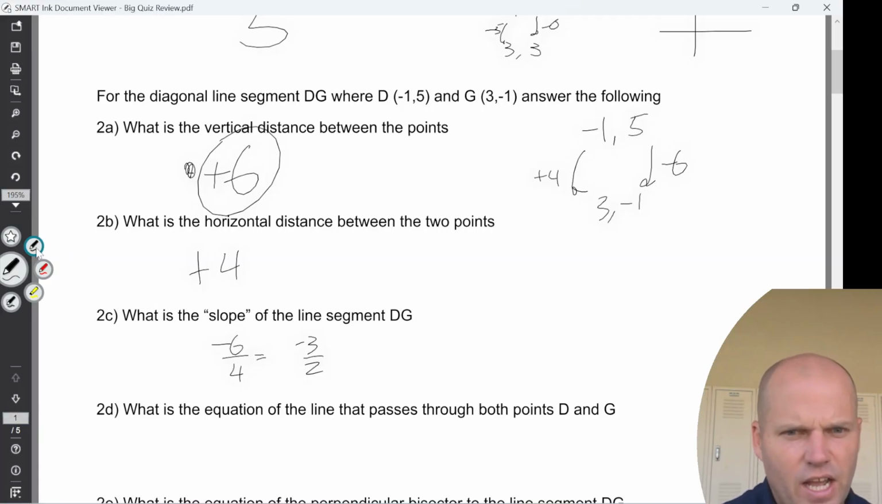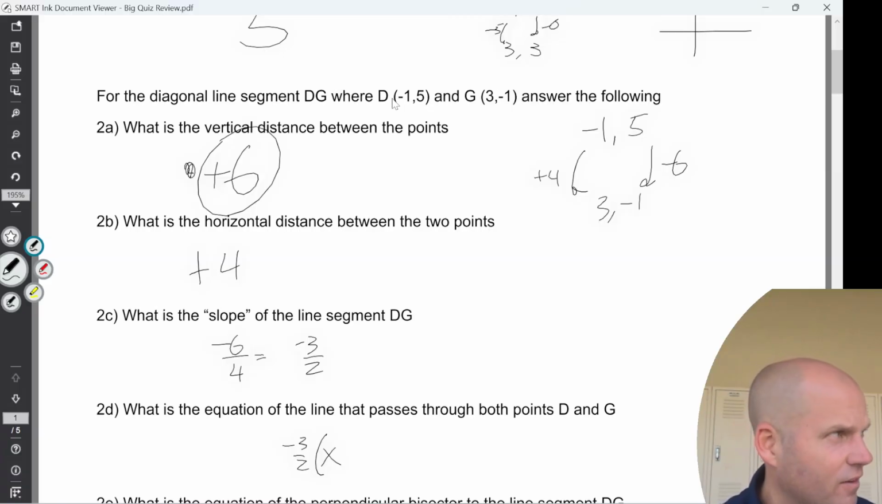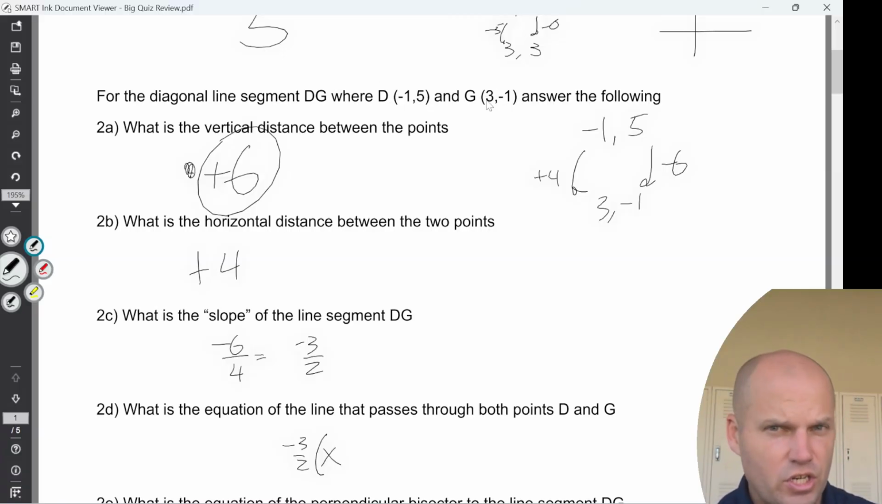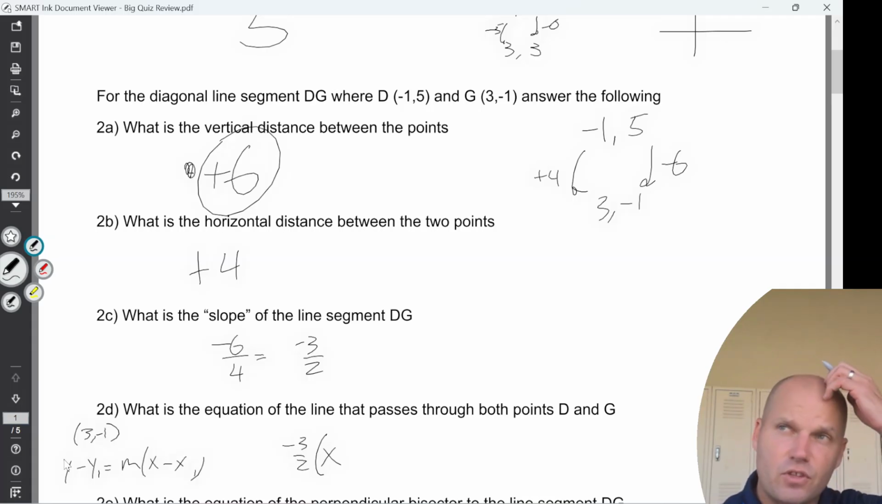What is the equation of the line that passes through both points D and G? Well, it's all the points that, using the slope of negative 3 halves, work with either this point D, negative 1, 5, or this point G, 3, negative 1. Pick whichever point you want to use, it doesn't matter. I'm going to pick 3, negative 1. And we use the equation y minus y1 equals m times x minus x1, which is just a variation of the slope formula,